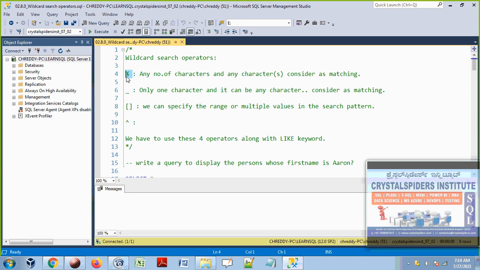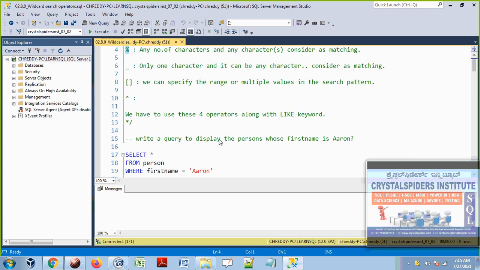So these are the 4 operators we have in SQL as wildcard switch operators, and we are going to use these 4 operators and see how they behave. And these notes, we'll talk about these notes again, guys. First let's test these operators and then we'll come back to these notes and understand them. We have to use these 4 operators along with the LIKE keyword only. Always, if we want to use any of these operators, we have to use the LIKE keyword. In the last session we already saw the LIKE keyword. We are going to do the same practice again, guys.